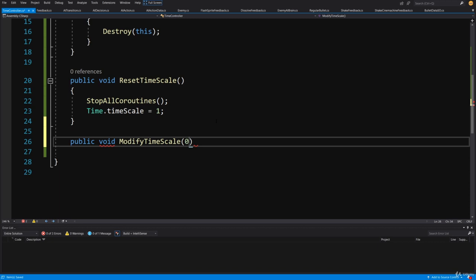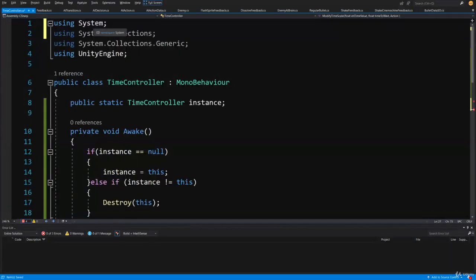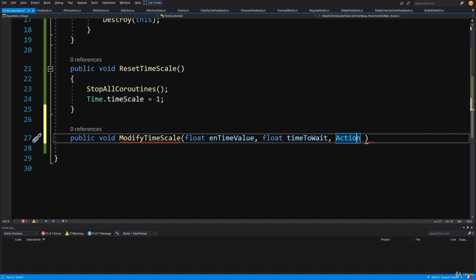Okay, and we are going to pass here a float and time value. We're going to pass float time to wait, and we are going to call action, and we are going to pass here a delegate action. Alt-Enter on action to import using System library that will be imported at the top here. And this, as you might recall, is just a way to access a method that we pass here so that we can rerun our modified timescale to go back to our basic